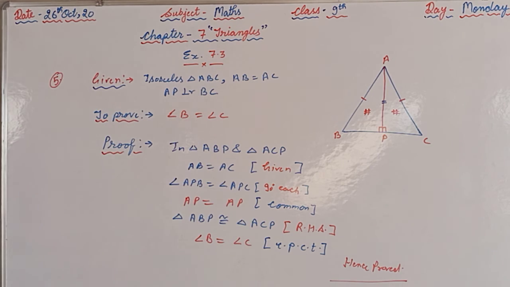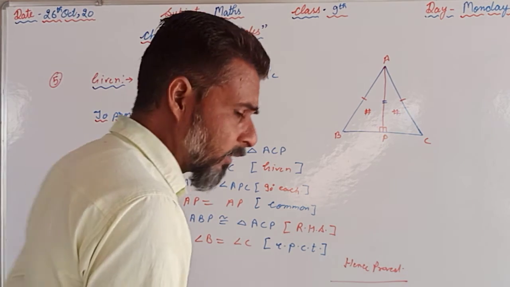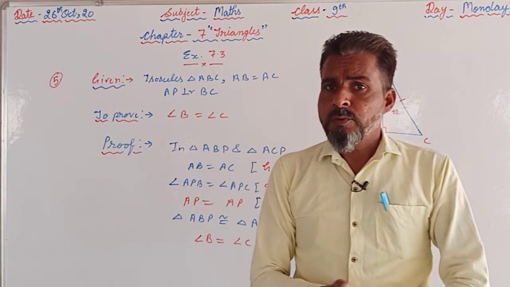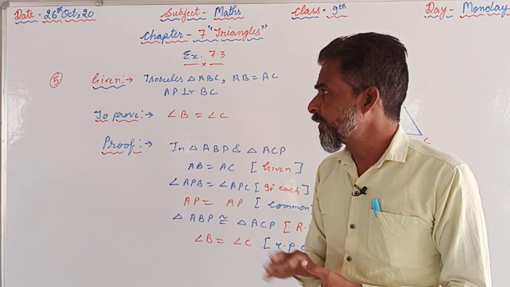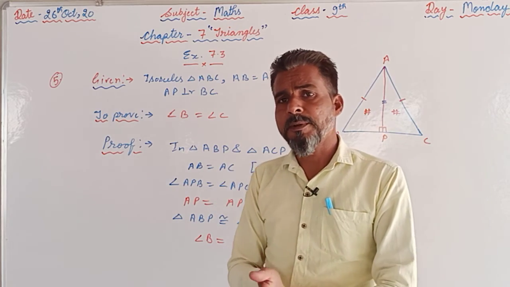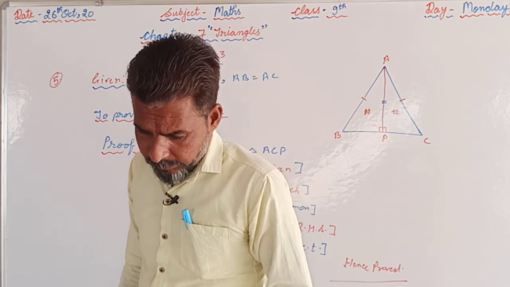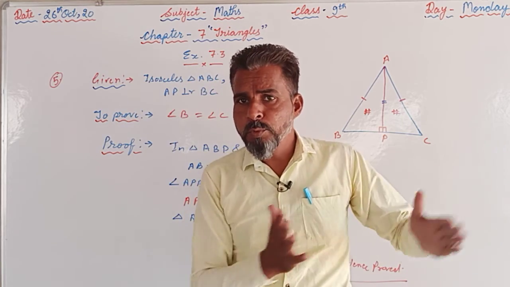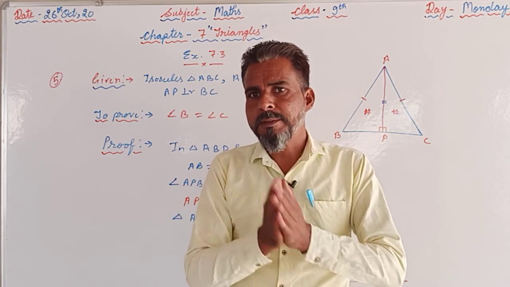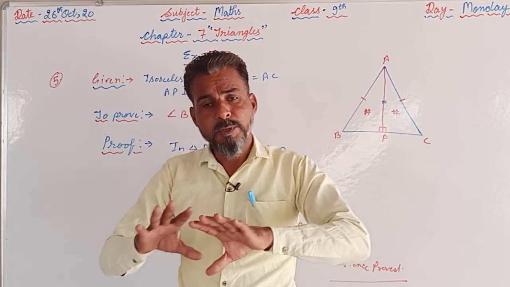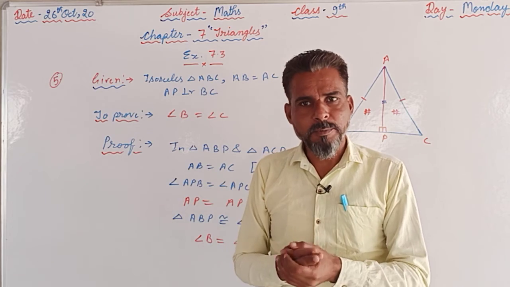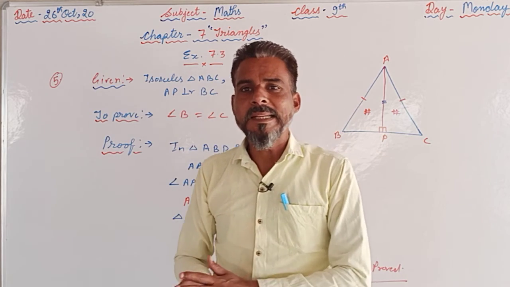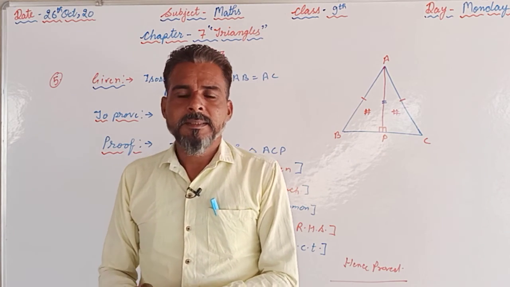In the next video we will discuss the next exercise, that is exercise 7.4, and that is also an interesting one. So what you have to do now, first of all you are supposed to repeat the questions which we have discussed today, that is question number 4 and question number 5. Afterwards the advice is that you go through the questions of exercise 7.1, 7.2 and 7.3, because these are the questions which are based on the congruence of triangles, and the next exercise is not based on congruence of triangles, but on inequality of triangles, that is a different one.